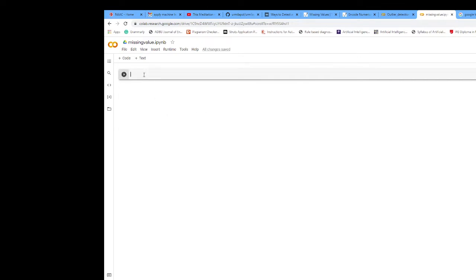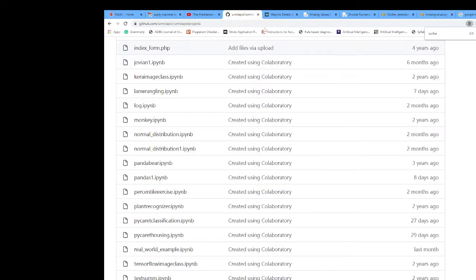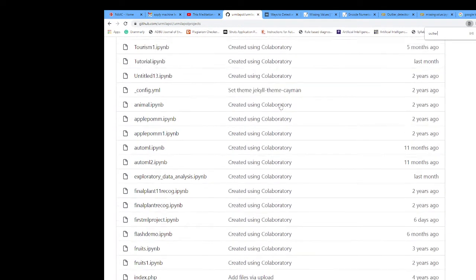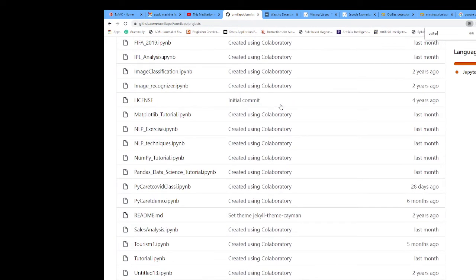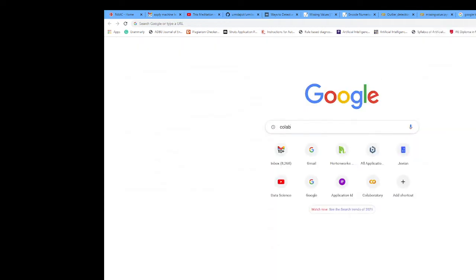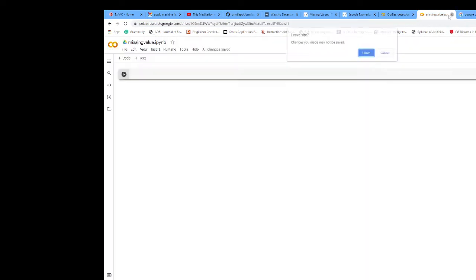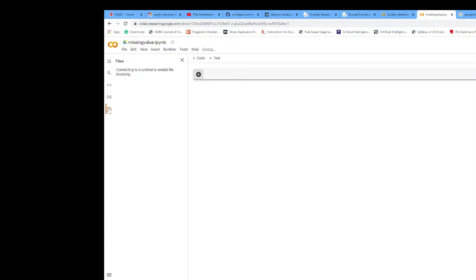Here you want to upload a CSV file. Then how to upload that?